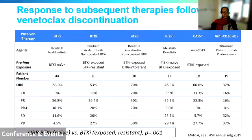So the authors showed this table looking at response to subsequent therapy after a patient has stopped venetoclax for some reason, primarily for taking a break or maybe progression. But you can see in the second column, for instance, if the patient got BTK inhibitor next after venetoclax and they had never had BTK inhibitor before, they had a chance of 84% overall survival with this next line therapy. But if they got BTK inhibitor next, but had already been exposed to BTK inhibitor before, and especially if they were resistant to BTK inhibitor before, then the BTK inhibitor tended not to work as well, 53% of the time,